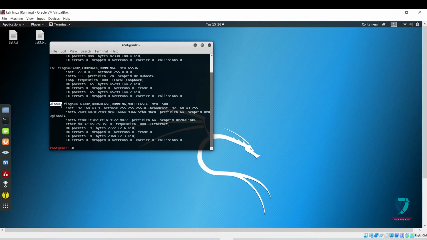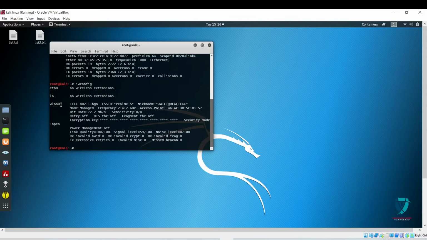wlan0 is the network interface of my adapter. Okay, so this is my IP address, this is the IPv6 address, and this is the MAC address of my adapter. If I enter iwconfig, we can also see wlan0, but the mode is managed mode.